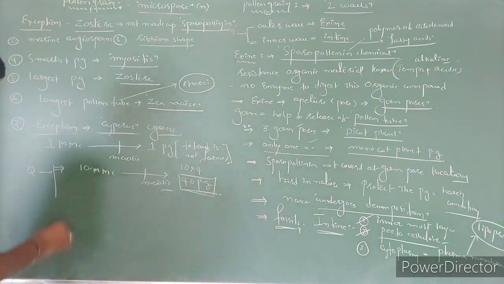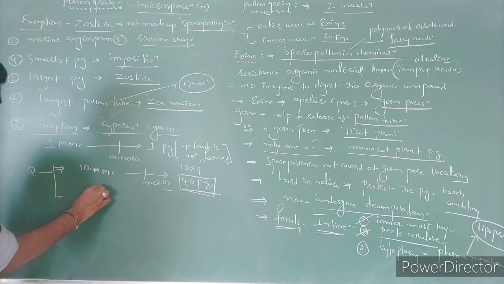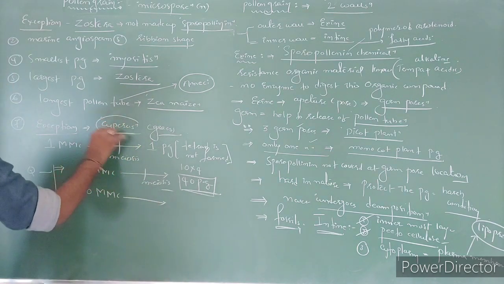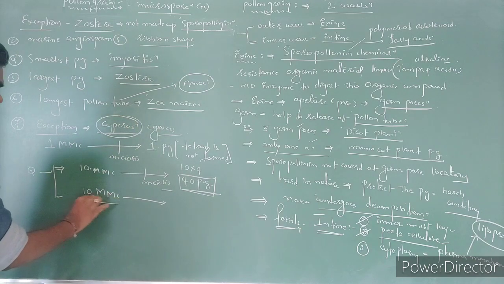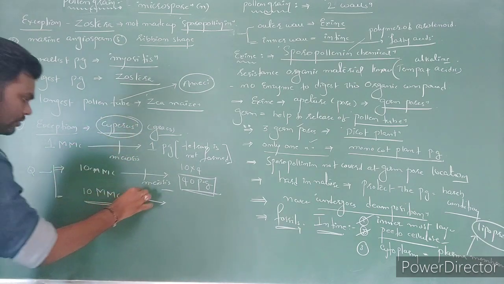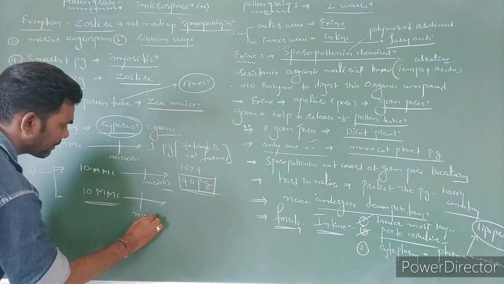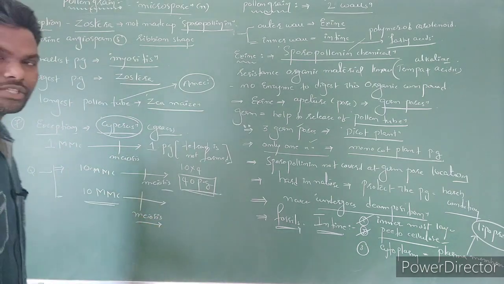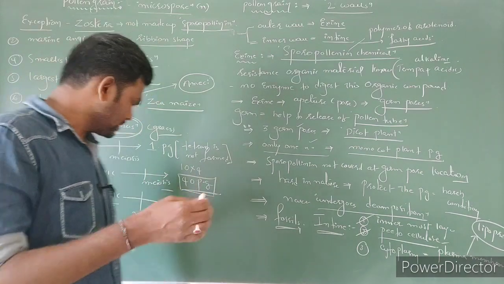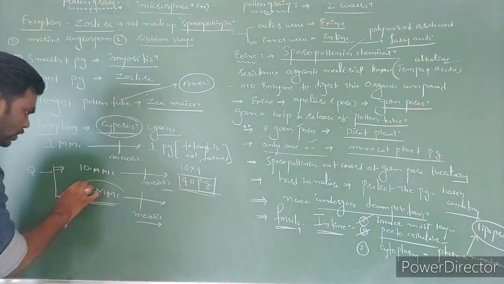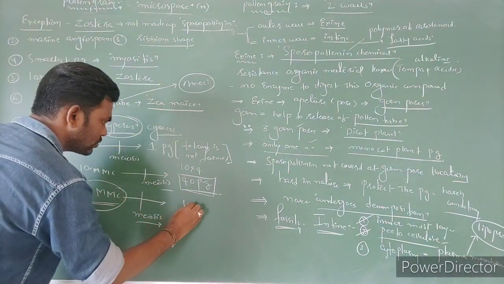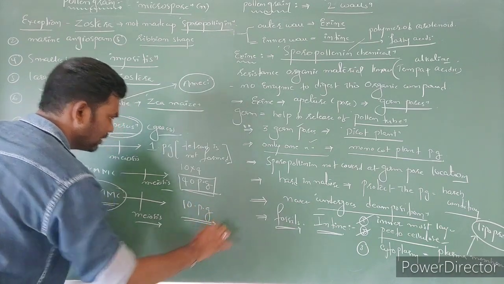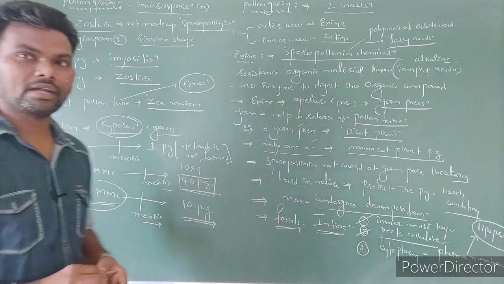So if the same question is asked for 10 microspore mother cells of Cyperus plant which undergo meiosis division, then what is the number of pollen grains that are going to form? In that case, 10 microspore mother cells are going to produce only 10 pollen grains, right? So this is actually regarding pollen grain structure.